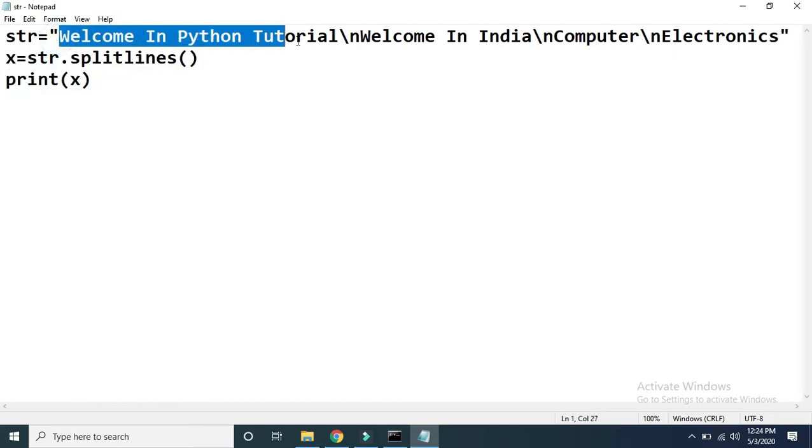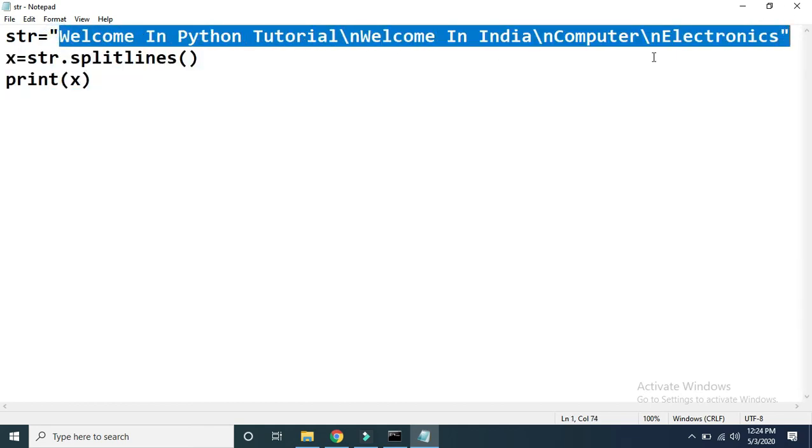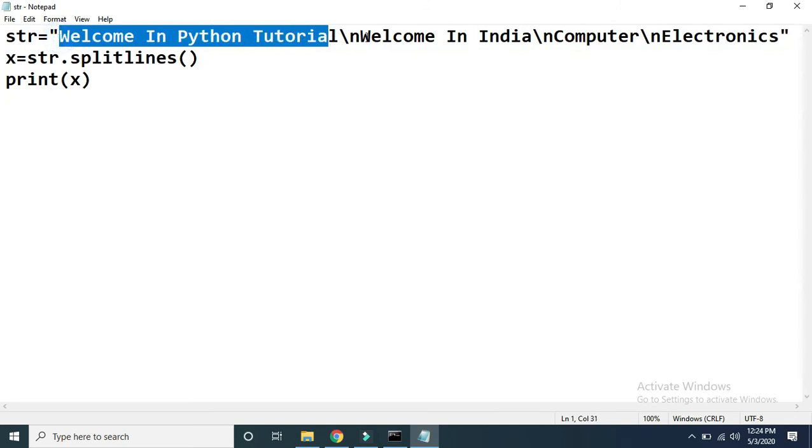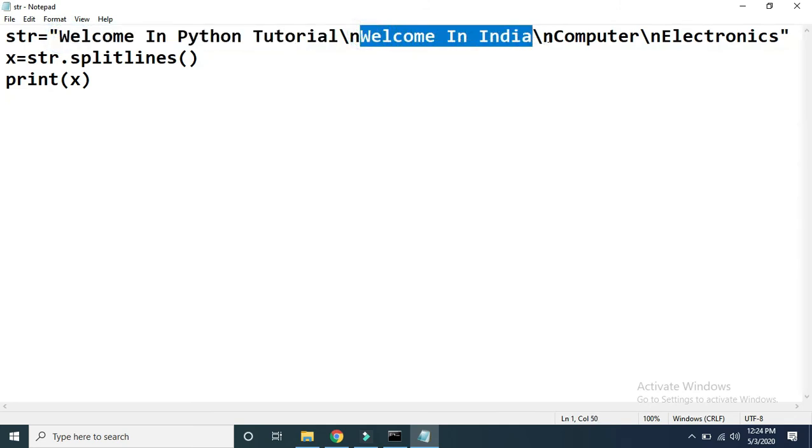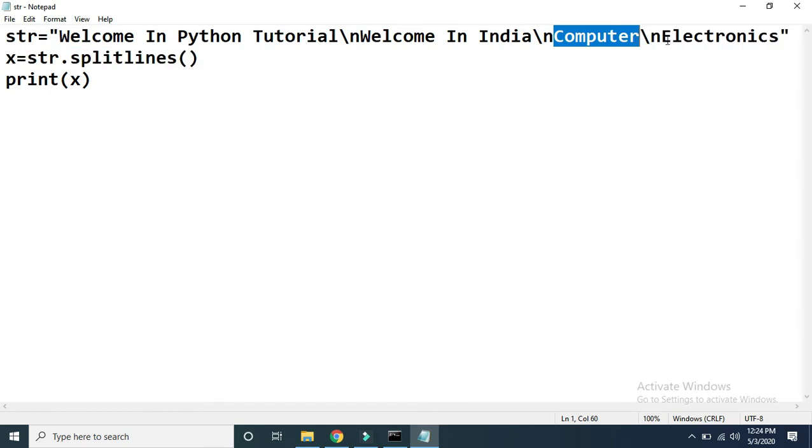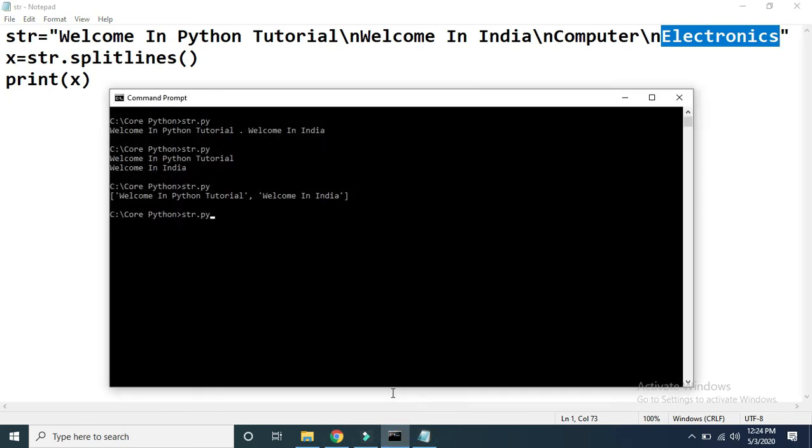This string will be divided into four different parts, because actually three \n are there. The first part is "Welcome in Python tutorial", the second part is "Welcome in India", the third part is "computer", and the last part is "electronics". So four elements will be added in x. I want to show you the output here.